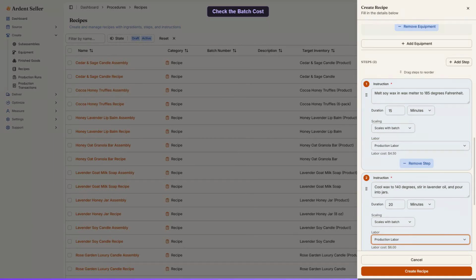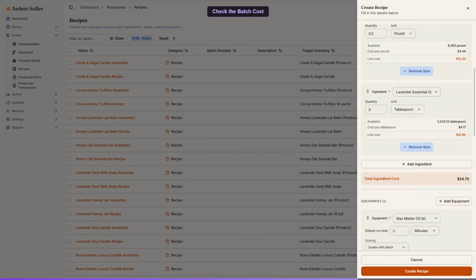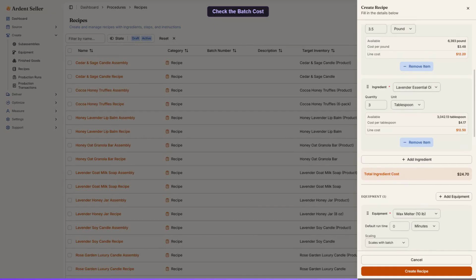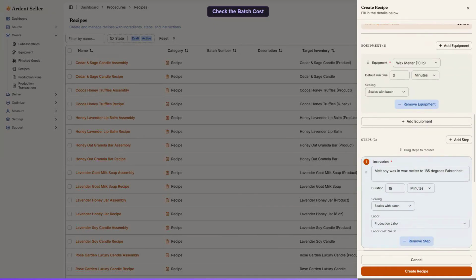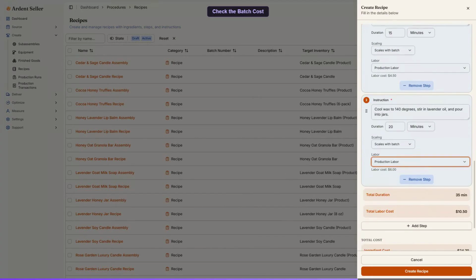Before you save, take a second to review your numbers. Ardent Cellar tallies up a total ingredient cost panel right below the ingredients, a total labor cost panel under the steps, and, at the very bottom of the sheet, a combined total cost summary that rolls them together. This is what a single batch actually costs to produce, and it's the number that drives your pricing, your margins,